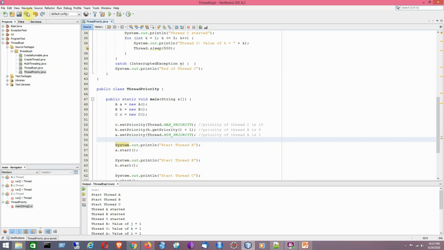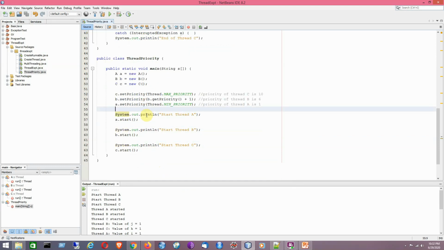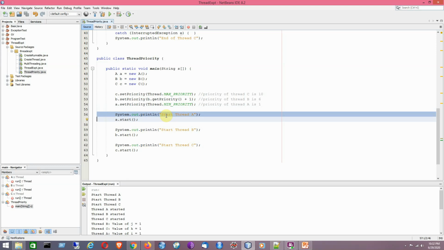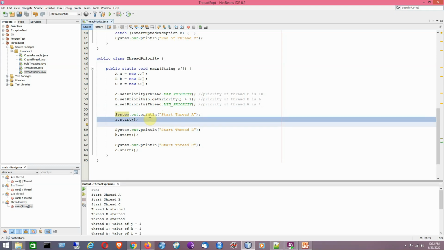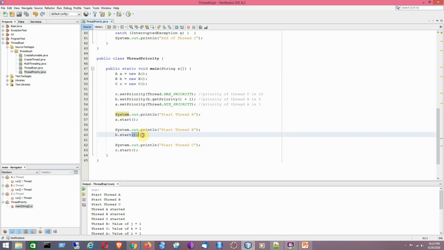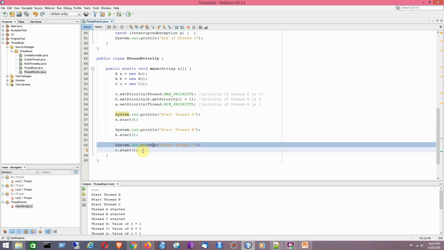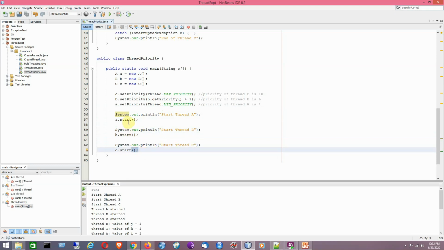Now if you look at the code statements here, we are having statements like start thread A, A.start, then start thread B, B.start, then start thread C, C.start. So each of the threads has been started.